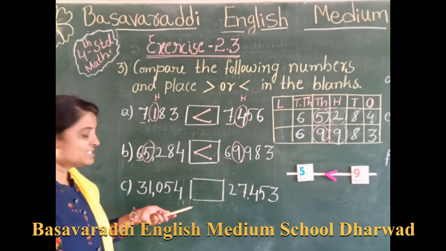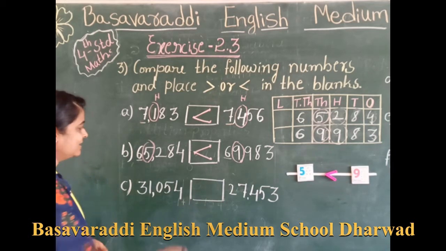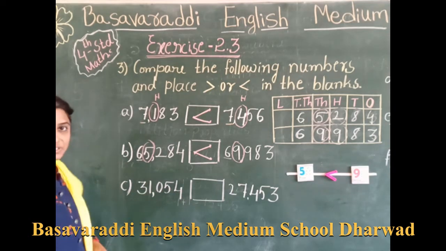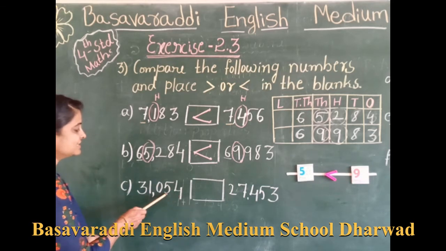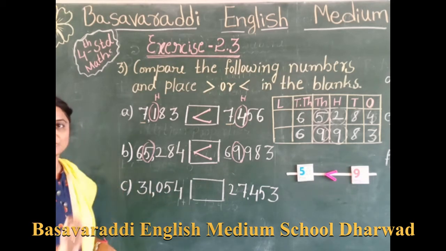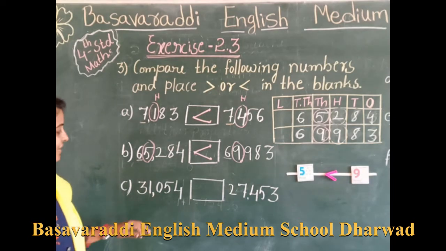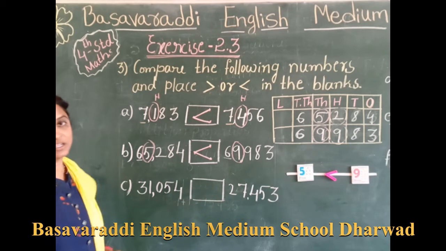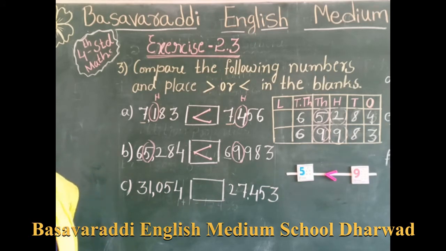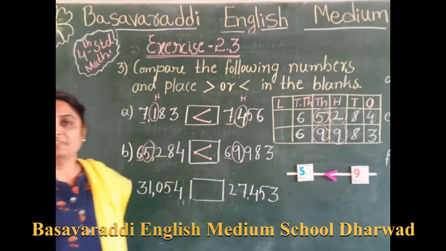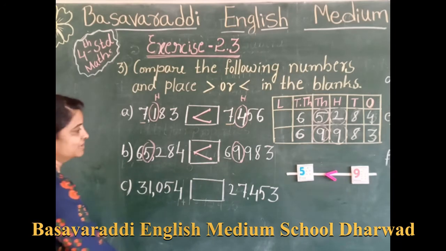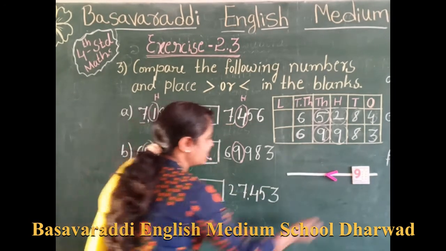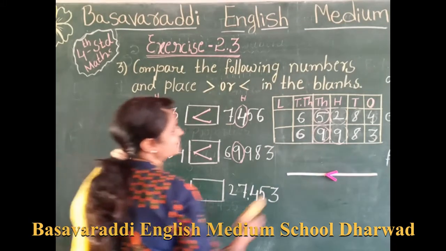Now we will go to C1. Yes, see here. Here also we have up to 10,000. See here, ones, tens, 100, 1000, 10,000. Yes, here also we have up to 10,000s. In both places we have up to 10,000. Then we will put this number in a place value chart. Then we will start off comparing the numbers. Okay. Then we will put that one in the place value chart.